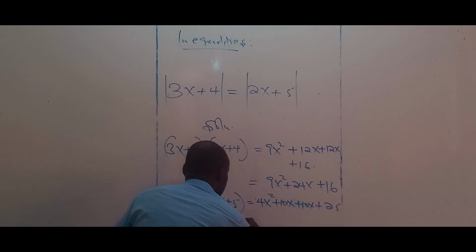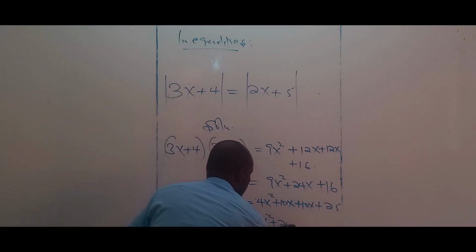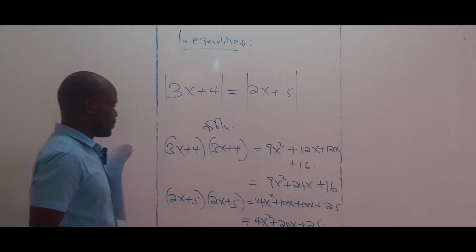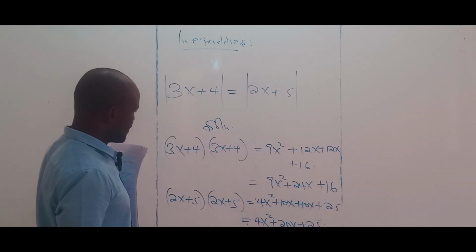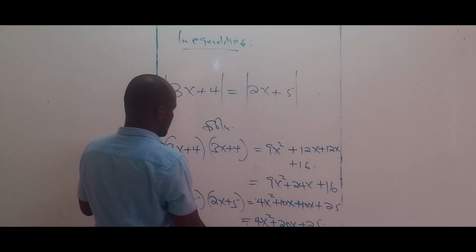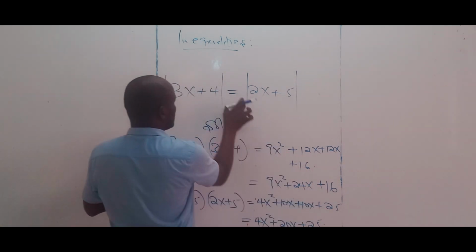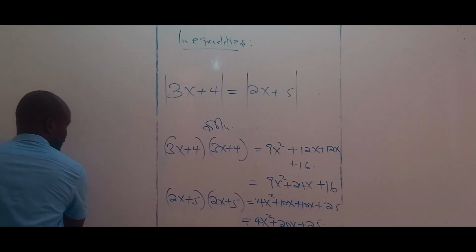So in this sense, this is just 4x squared plus 20x plus 25. So that's what we have. Then I equate this to this, because exactly that's what has been done here. So equating them will then mean that I have,